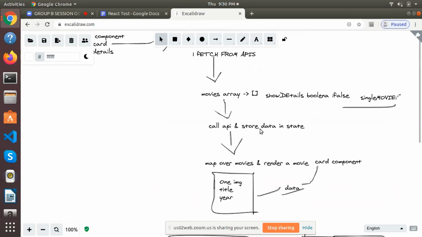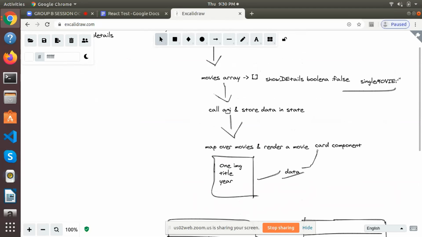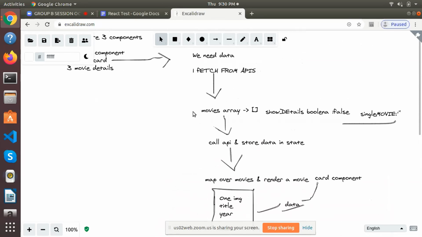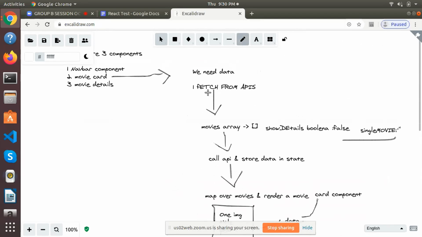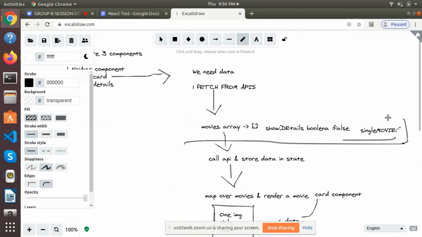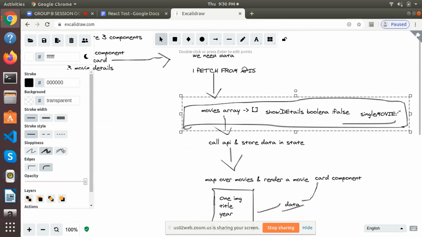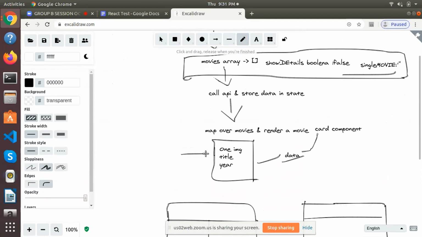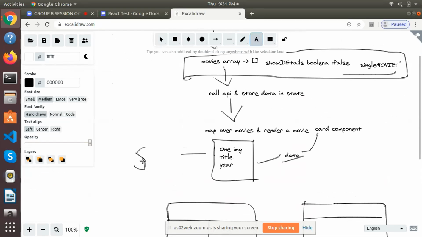But if we have to introduce Redux, what we can do is move our state, that is here inside our app.js component, this whole state, into the store, and we will be getting our state in the movie component, that is this, directly from the store using connect, so that you can do that.